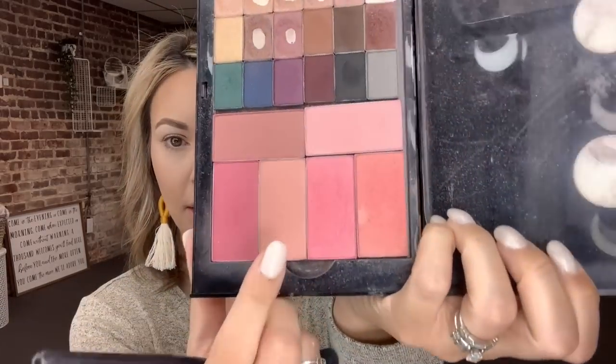And so I'm really a big fan of that. I love it. So I'm going to add in some cheek color. And I think I'm going to go in with a color. It's called Rosy Nude. It's right here. It's one of my favorites. And so I'm going to take my